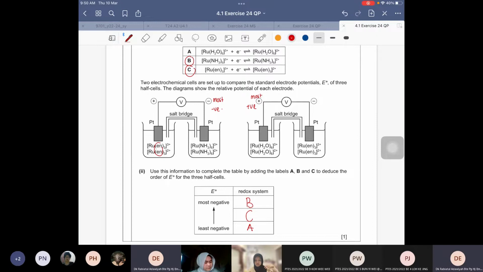I don't know if that's something chemistry related or if that's just common sense. You just arrange which one is more negative, which one is more positive. Okay. The next question that I want to look at is question